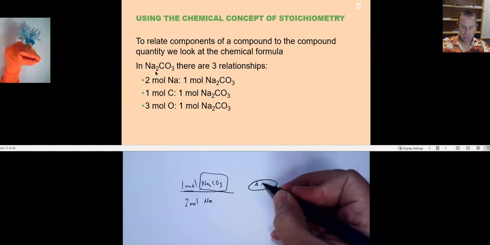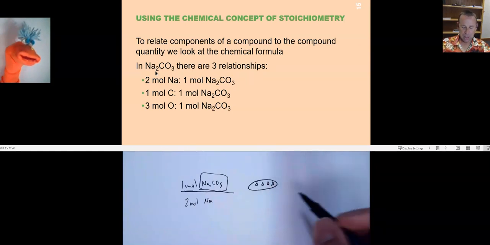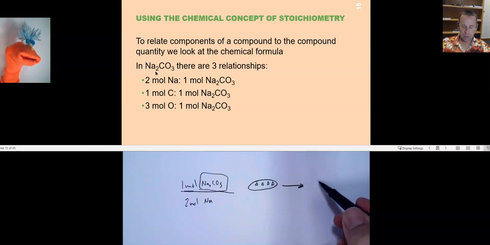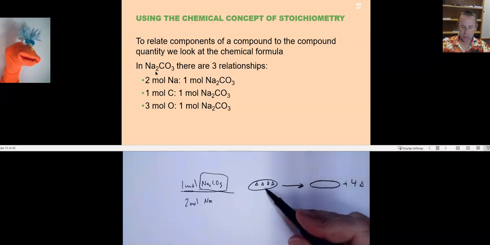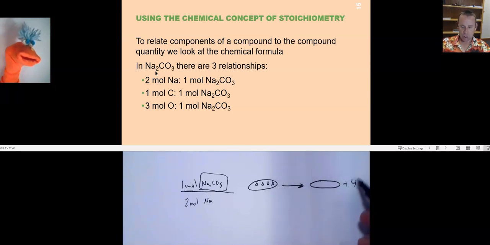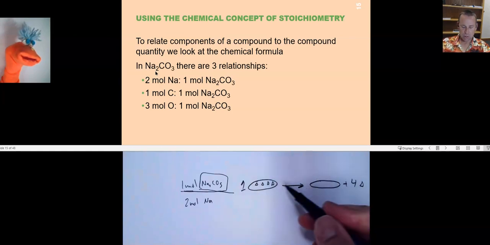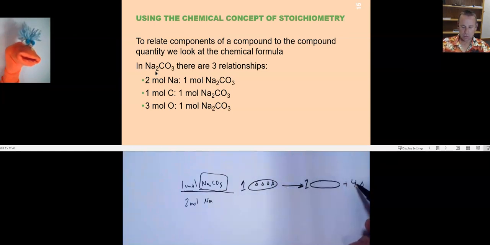Here's a chocolate chip cookie, right? I have 1 cookie, and I can break this cookie up into cookies and chocolate chips. So for every chocolate chip cookie, there's 1 cookie and 4 chocolate chips. 1 of these breaks down into 1 of these and 4 of these. And we don't complain and say, wait, how did you get all of a sudden 5 different things out of